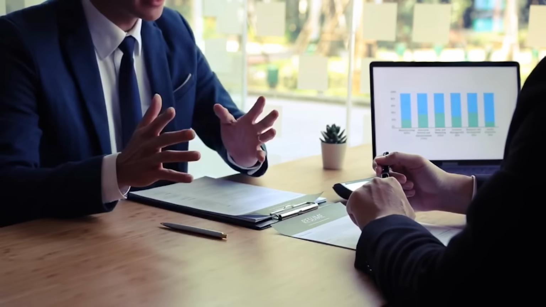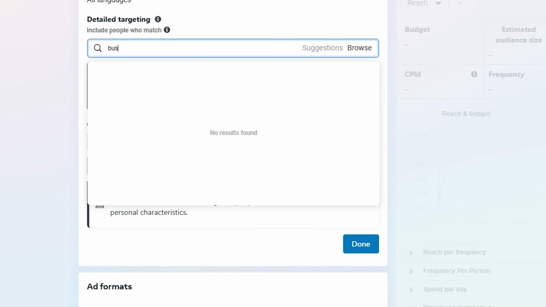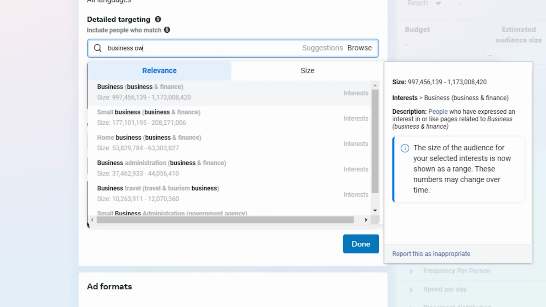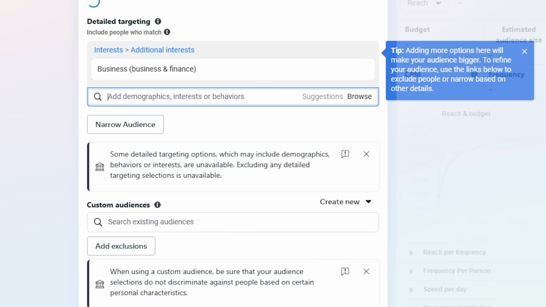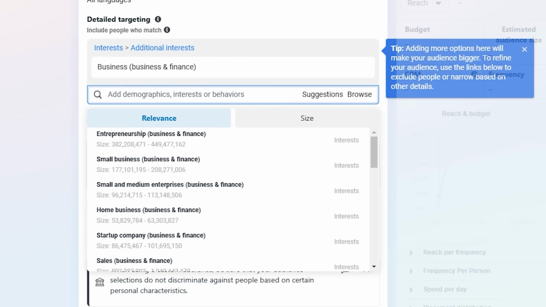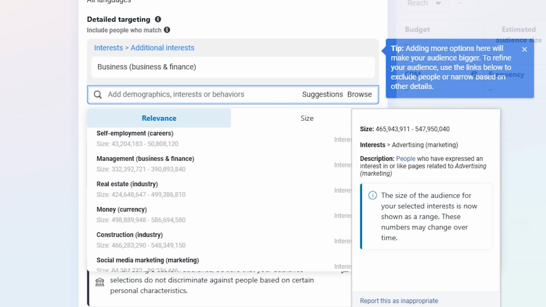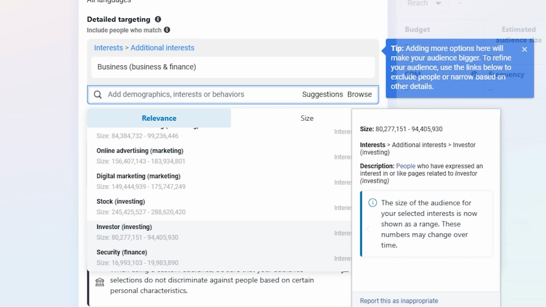And if you do it this way, it kind of makes sense, because if you want to target, let's say, business owners, you would go to Facebook ads and literally type in business owners into the interest targeting section. And then you can see all kinds of different interests related to business owners, such as small business owners, or you can even target Facebook business page admins and all kinds of different things related to businesses or business owners.